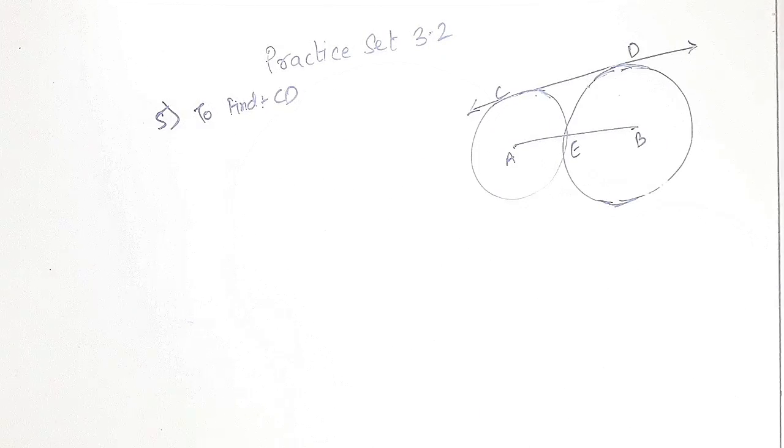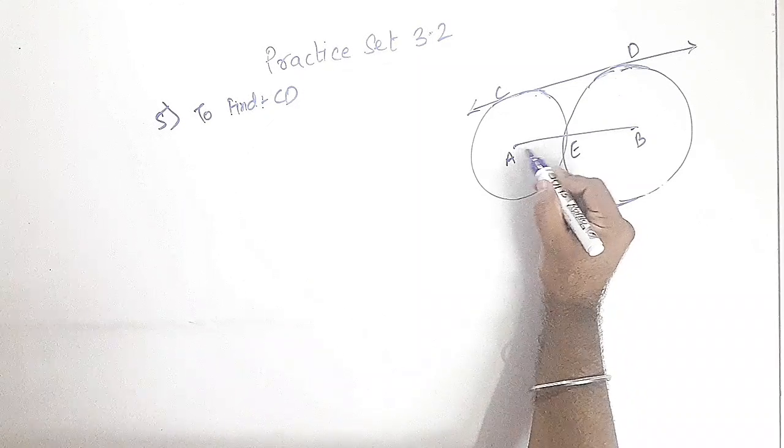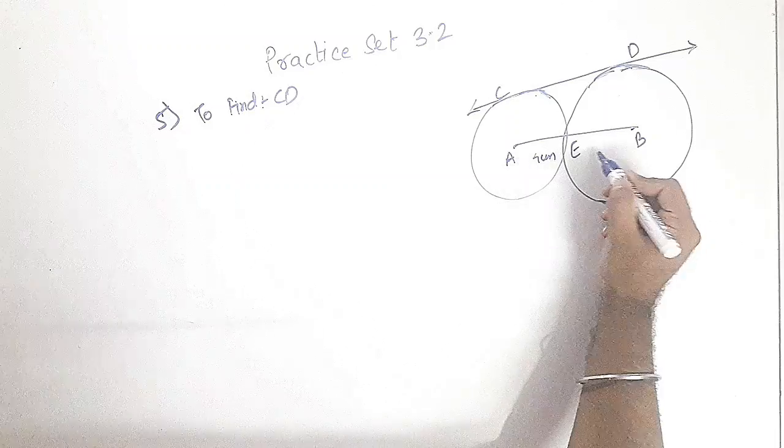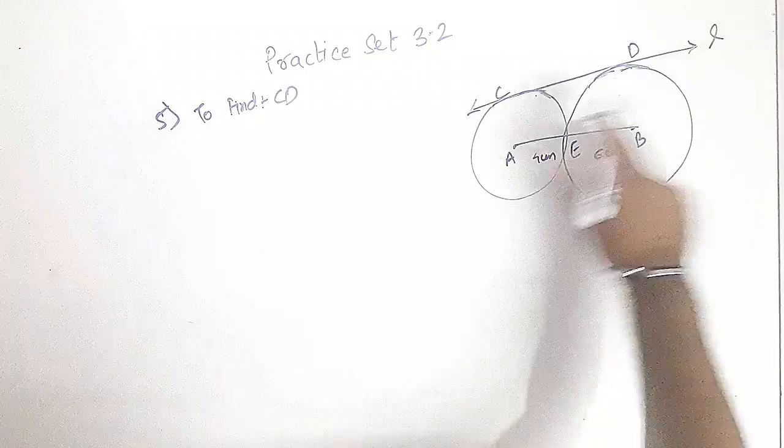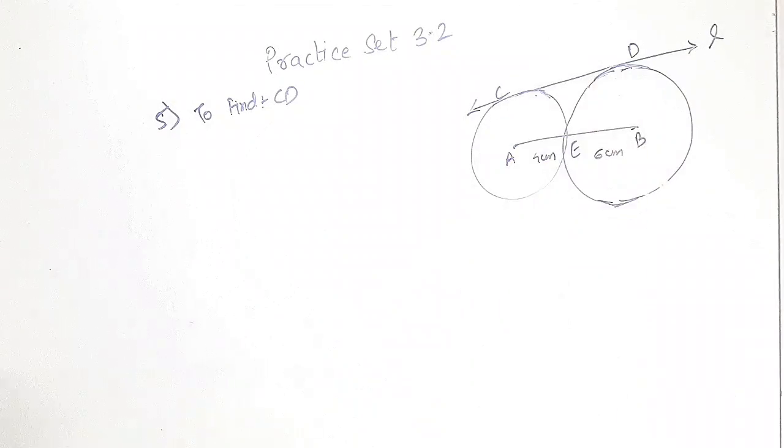So question number 5 is a linear question, or suppose I'll say a 5-mark question, and here it is given that the smaller radius is 4 centimeter, bigger radius is 6 centimeter. With the help of this much information, we have to find CD. Line L is the tangent, this is line L and it is a tangent. We have to find how much is CD. A very famous question. When I say famous, it simply means it has been asked in board many times.